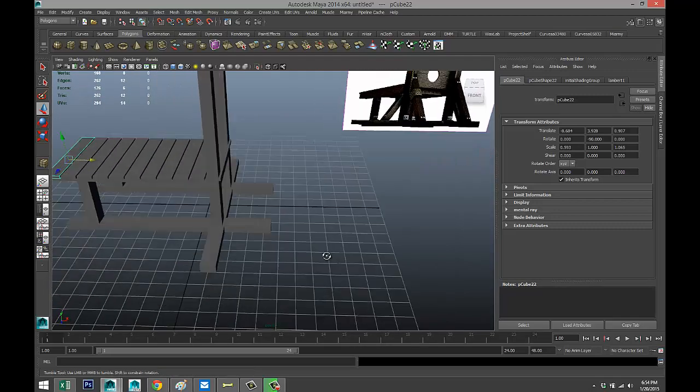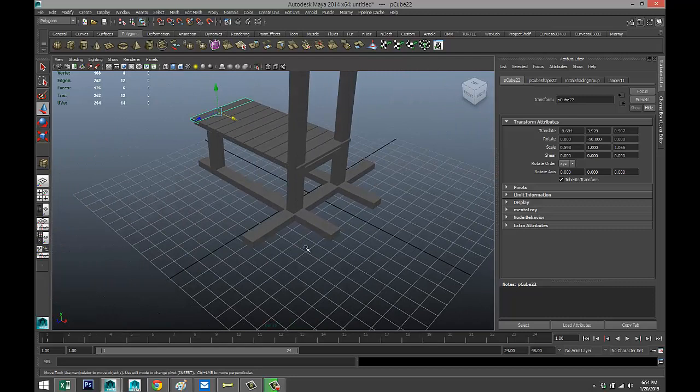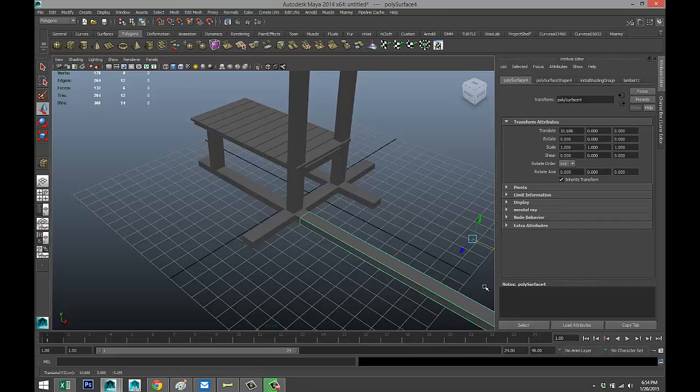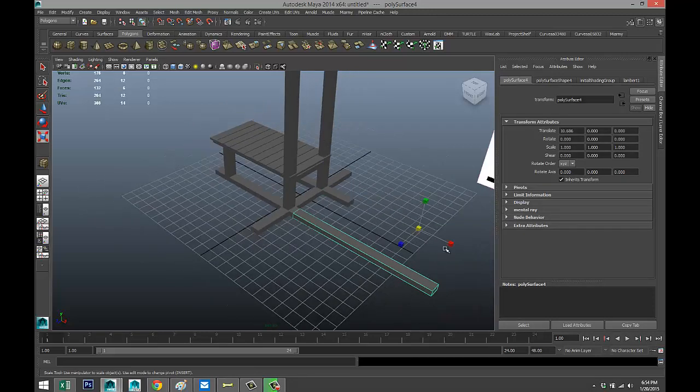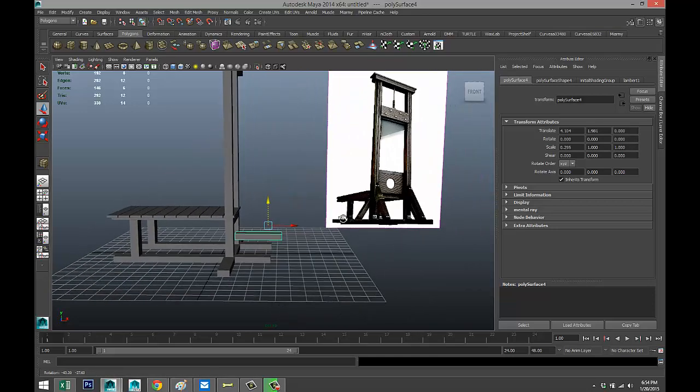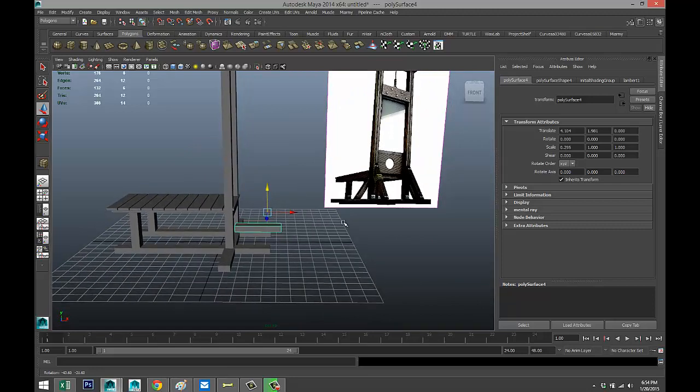Now we need to have a couple of supporting beams here. So for that, we are going to take one of these because that will give us the appropriate width. We're going to go to Mesh, Separate. I'm going to select that one. Control D to duplicate. Bring that back, hit R, scale that in quite a bit, W to move that in, move that up, and let's see, that's going up fairly high, so